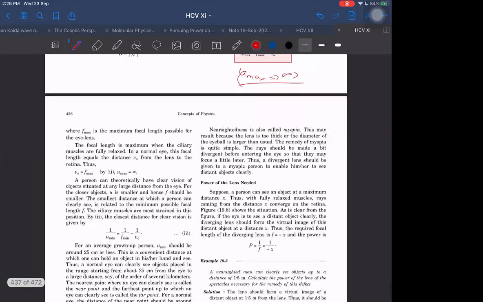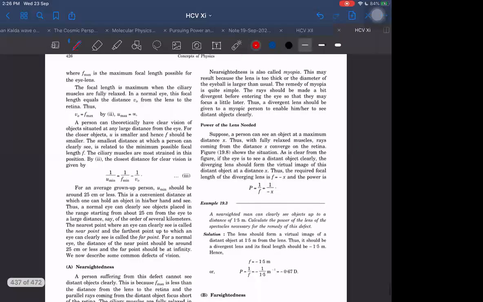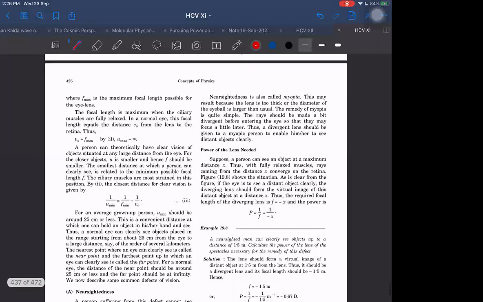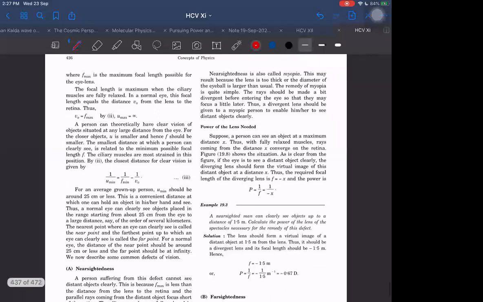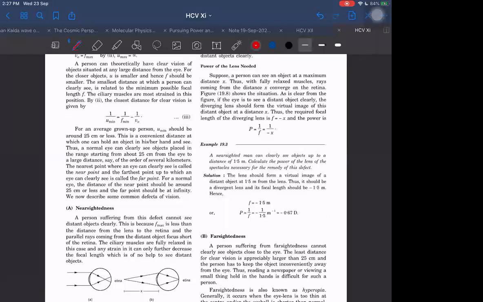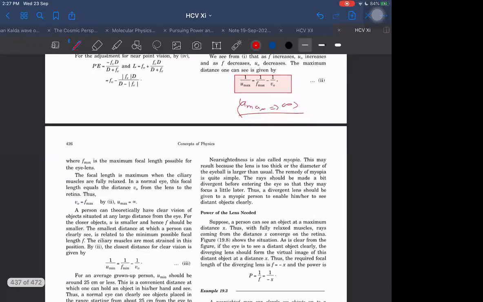I think they may have given somewhere how much it is. Maybe 1 centimeter, something. It is very small. You can observe your eye is very small. V naught will be a very small distance. Anyway, that much power we want for our eye in order to be able to see the farthest things, and that is the least possible power. Because if I want to see objects which are closer, then the power should increase and the focal length should decrease even further. Then the focal length should become less than V naught.